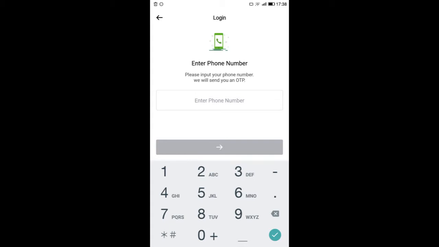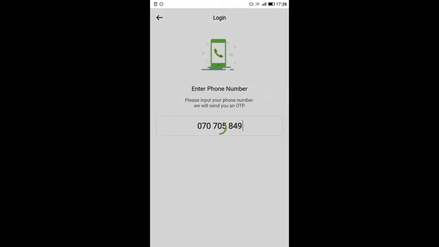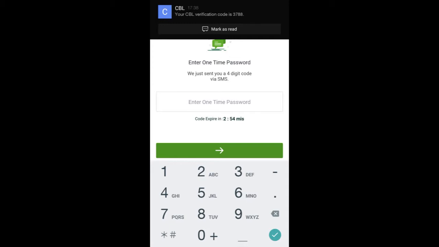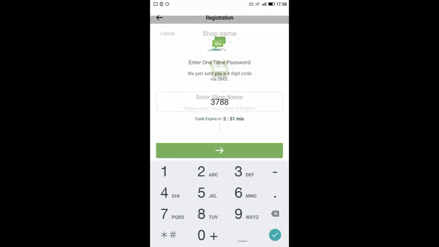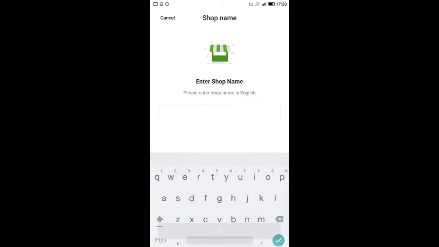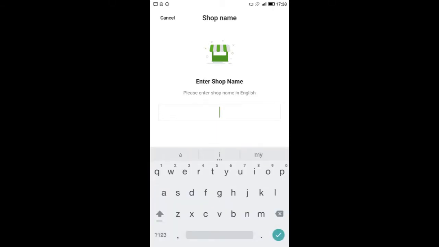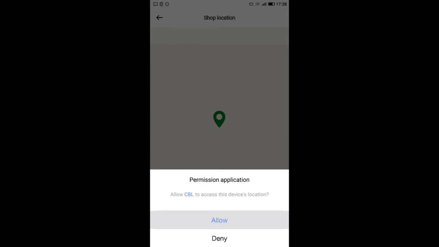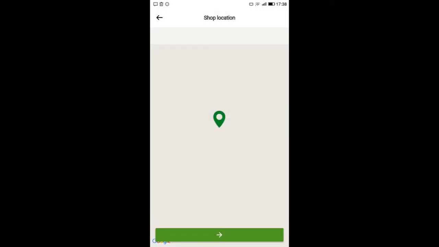So do I have to enter my phone number? Yes. Then it will send you a one-time passcode. Okay. And then maybe any name. It can be my name. Then you can just skip the location tracking, and after that